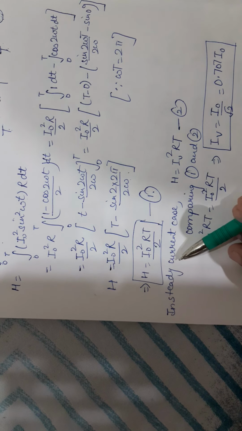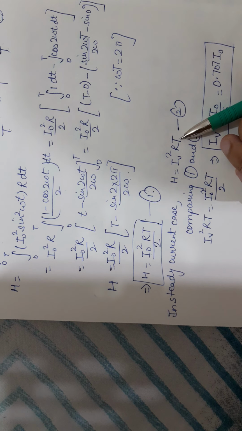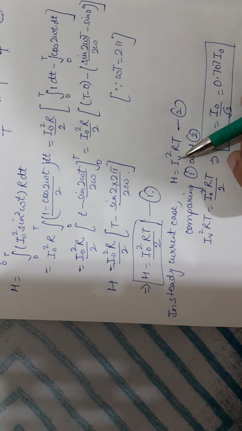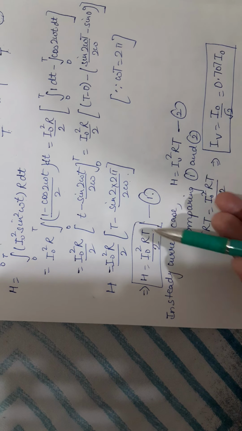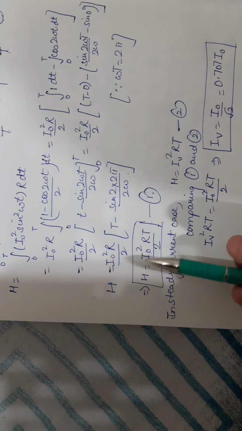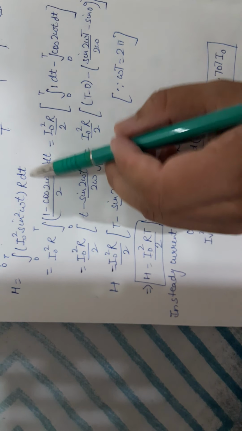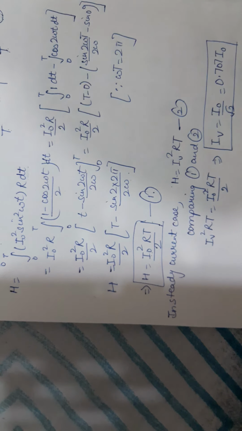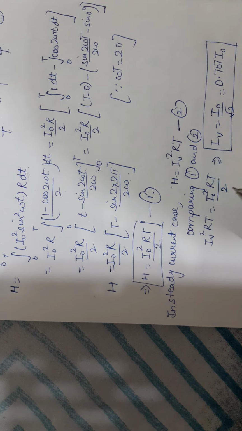When we are using the steady current, in case of steady current we can directly find out at any time t, and when the time t is passed, if this is the amount of steady current being used, the same amount of heat we need to get for the same resistance. Now we can compare these two directly. In case of AC, we cannot find the value at a particular instant, so that is why we have taken the dt. That means we have taken the duration of time and then found the total heat produced. Now in the same time, the amount of heat produced is same for the steady current,